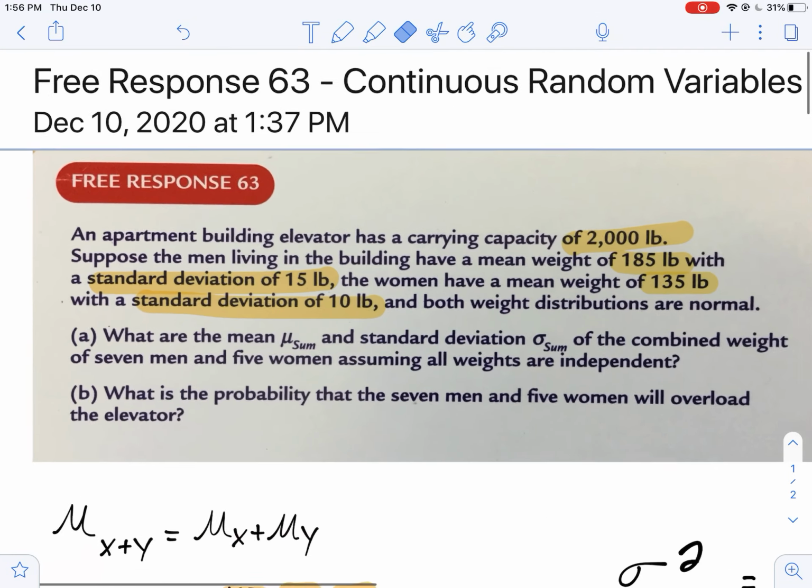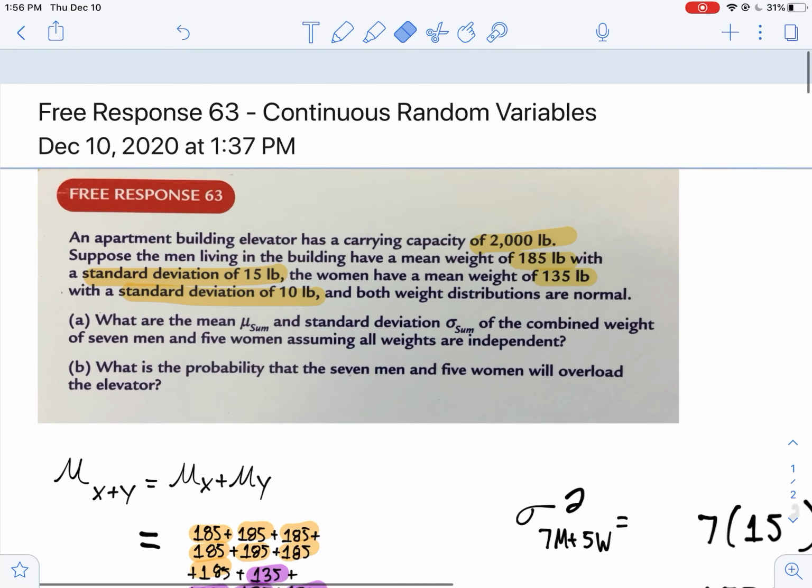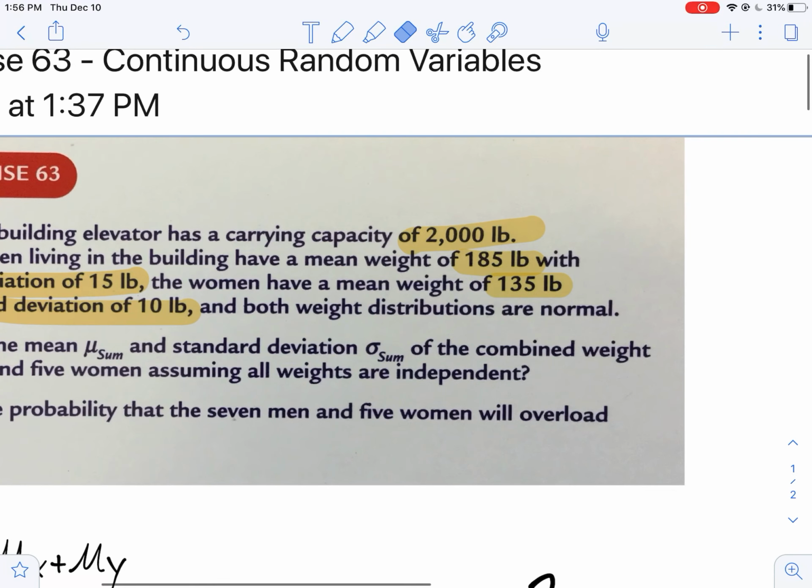So hopefully this ultimately helps you when you're getting that free response question, when you get something like this, you have to combine random variables. Best of luck with future questions. If you have any questions,